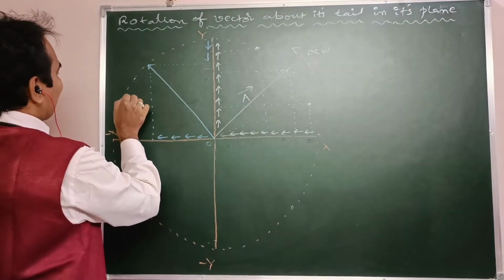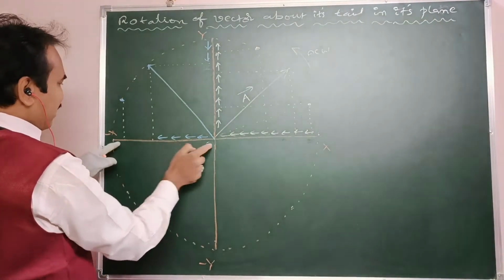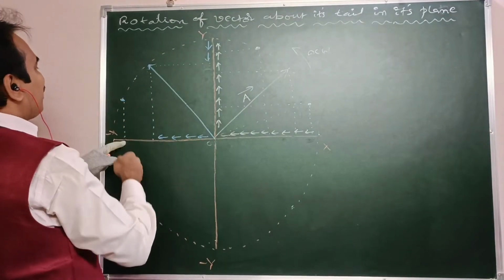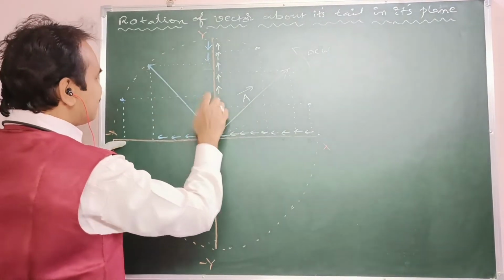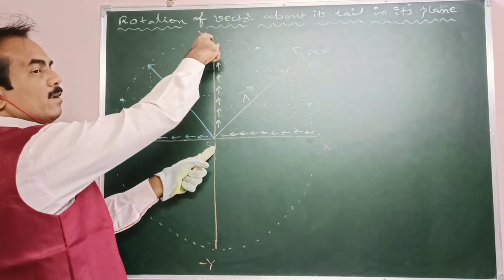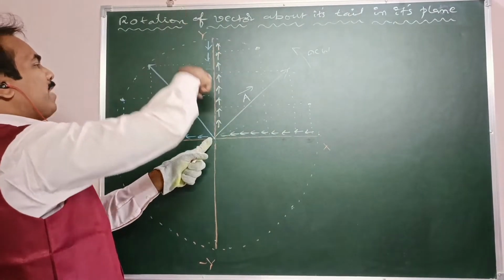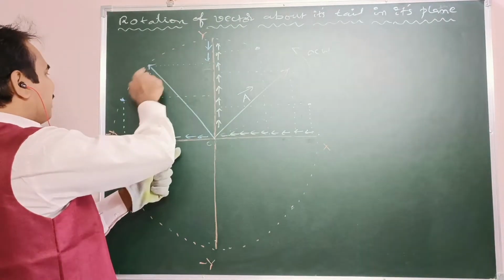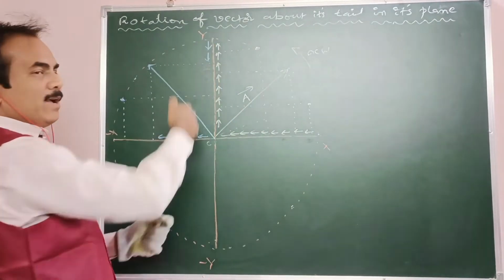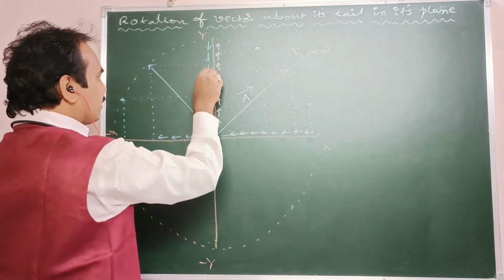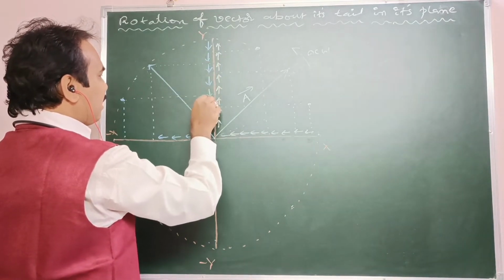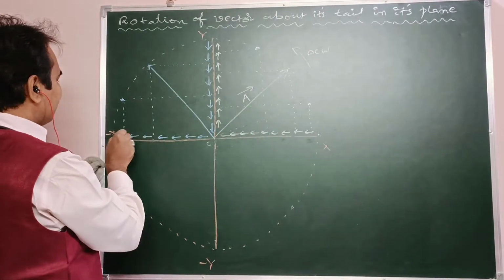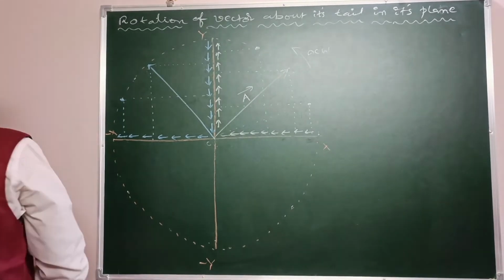Now I am taking two more normals. One is onto the x axis, so again the x coordinate increases. At the same time, what about the y coordinate? It decreases. This is the y coordinate. Previously, whenever the vector was along the positive y axis, this was the y coordinate. When the vector comes here, this is the y coordinate. When it comes here, this is the y coordinate. So the y coordinate gradually decreases, and at the same time the x coordinate increases.